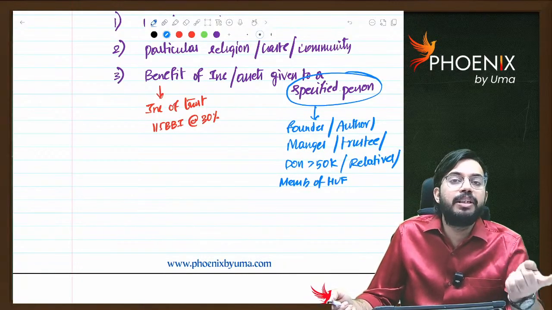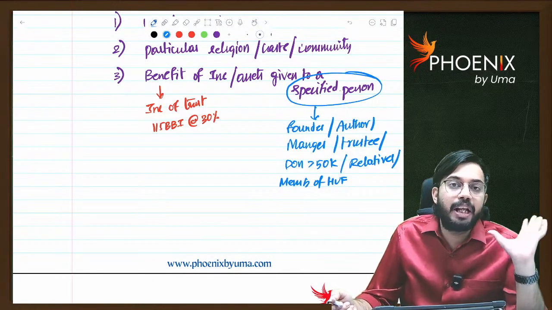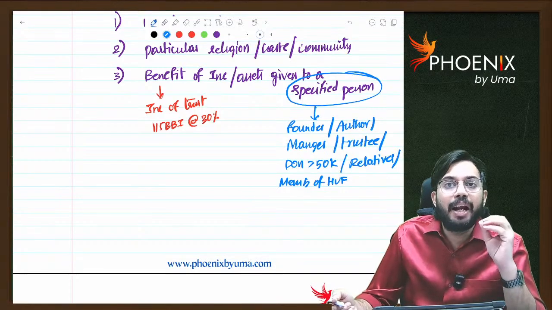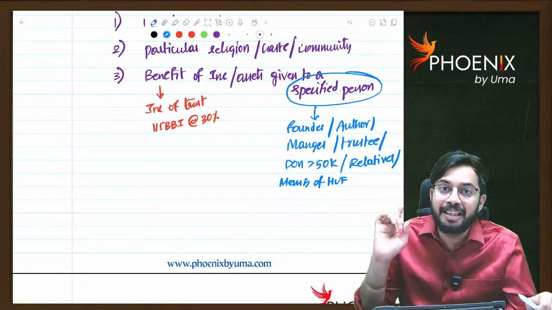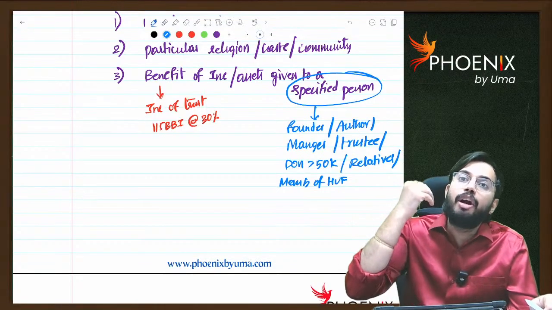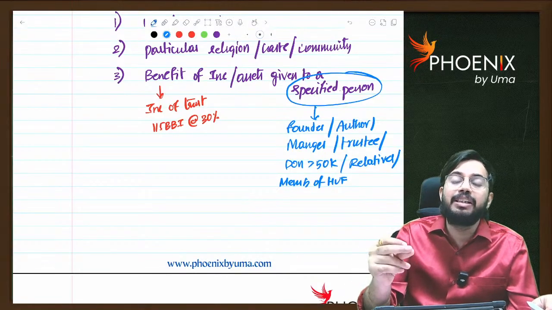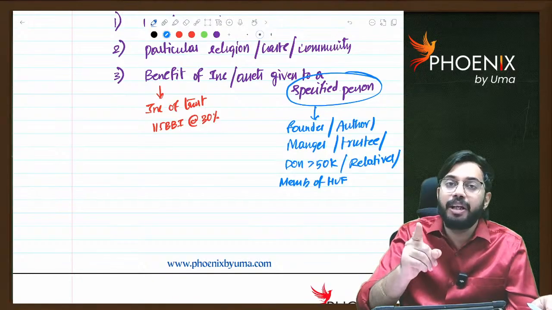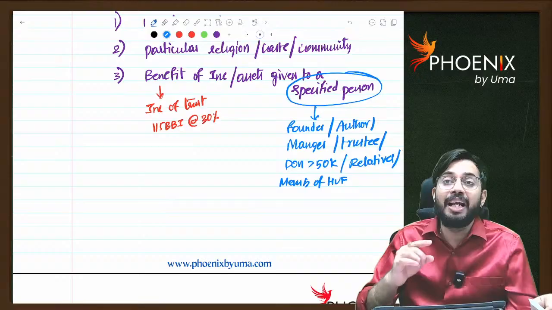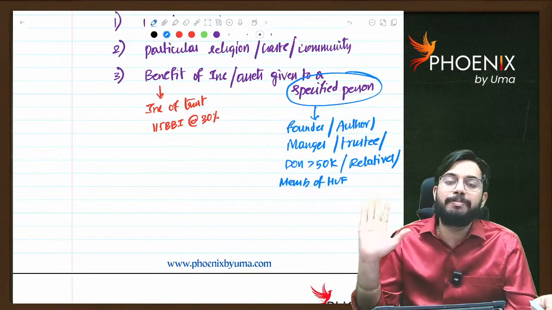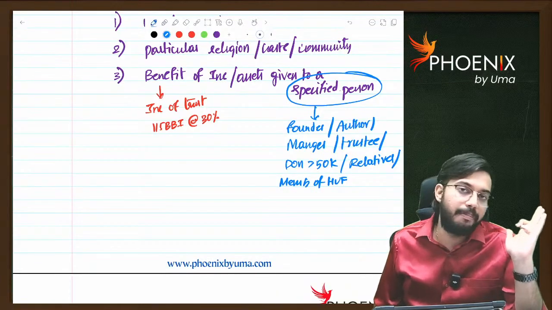For specified persons, if any benefit is provided, such benefit is taxable under section 115BBI at the rate of 30%. Another important point, from whatever amount is taxable under section 115BBI, you cannot claim any expenditure, you cannot claim any deduction, you cannot set off any losses. Income taxable under 115BBI is taxable at a flat rate of 30%. When I say flat, no deduction, no expenditure is allowed, straight away 30% tax is payable on that income. Are you able to understand?